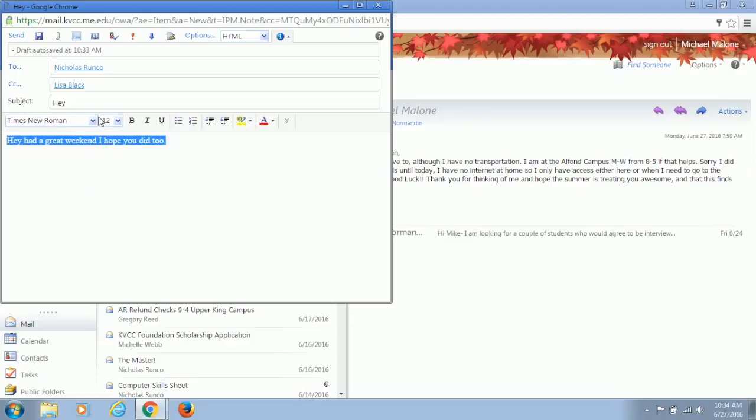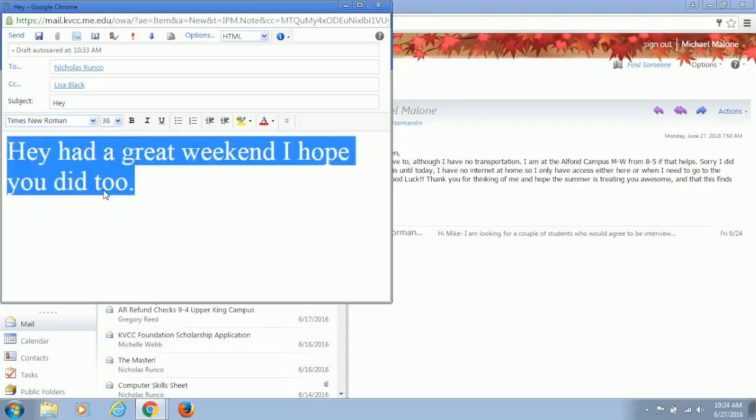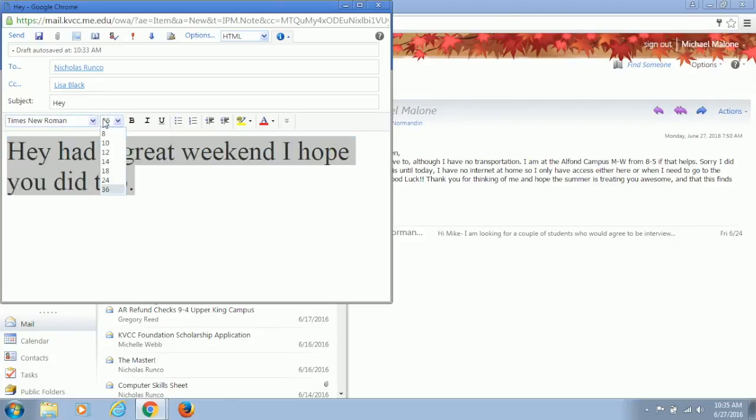How big could we go, like 76? Let's see. I'm pretty sure you can get... I hate Silverlight. Okay, so the numbers that we have is 36. But we can actually go bigger in the actual box itself. Let's see what 76 looks like. Can you do that? It's not letting me. Silverlight's acting up, guys. All right, so 36 is pretty good.